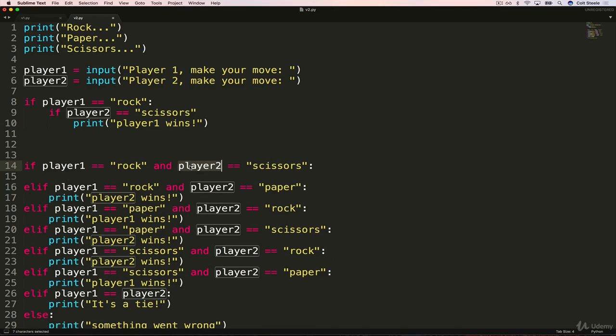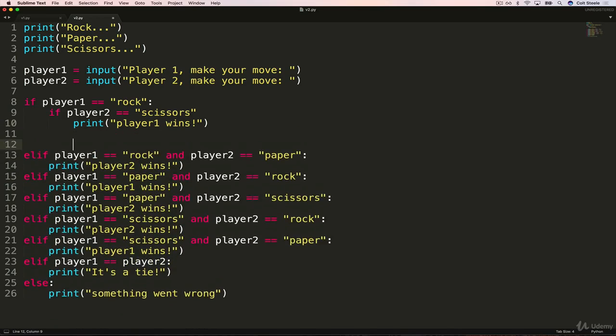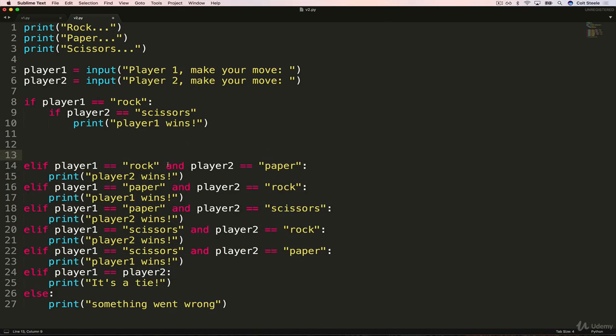Okay, so we've covered this line, and now we can move on to the next one. So I'm going to just delete this. Hopefully you can see how we can rewrite an and statement with two nested conditionals. And the reason to do this is so we don't have to rewrite if player1 equals rock multiple times. So we can actually just copy this right here